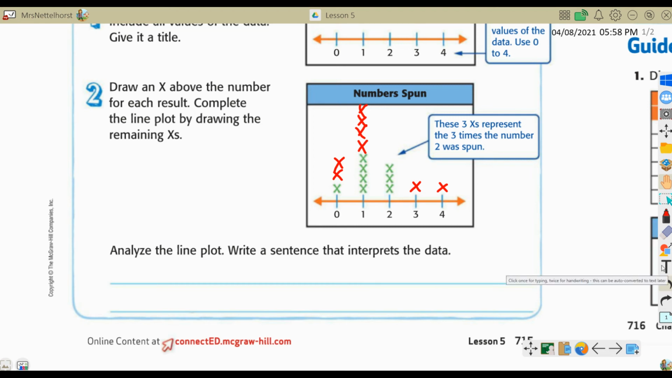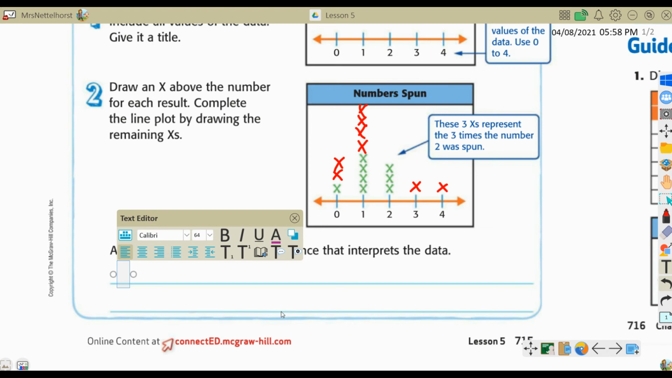There's a lot of things you could say. Okay, but let's talk about how many times 1 was chosen. Okay, so he spun a 1 8 times. Let's use the number 8, so it doesn't look like 18, or the number word 8. So it doesn't look like 18. Okay, he spun a 1 8 times